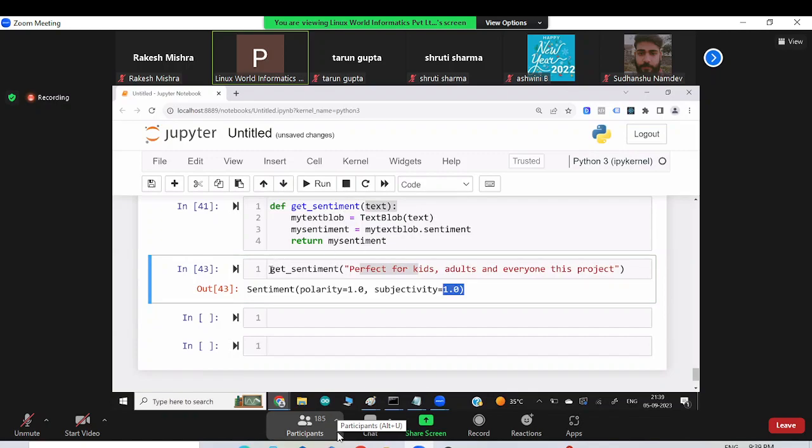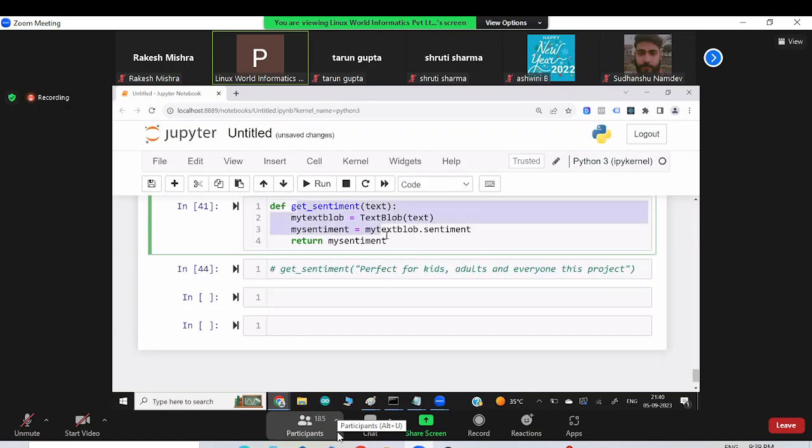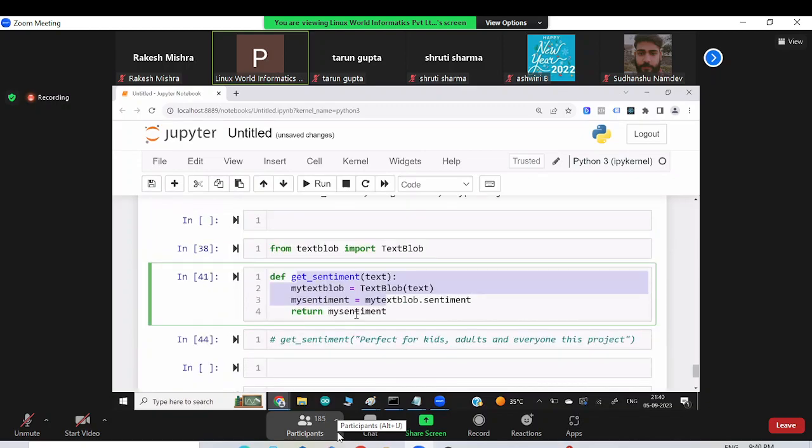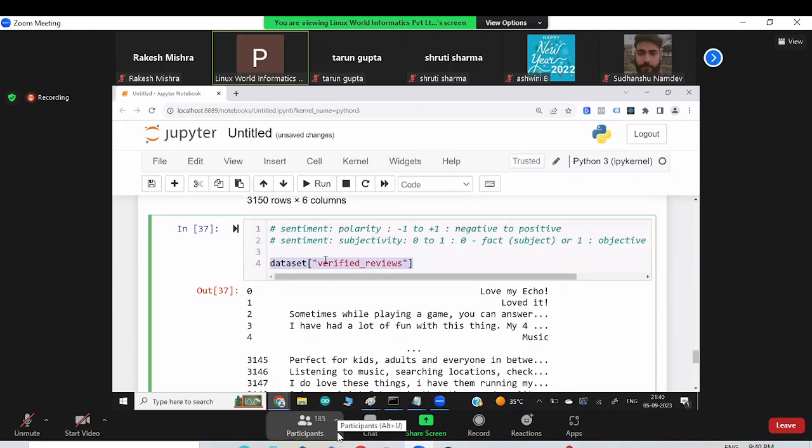But why did we create this function? Because my plan is to use the function again and again, because we don't have one single data point, we have a lot of data. And if you want to do the same thing again and again on all the data, that's what I explained to you, we can use the apply function.